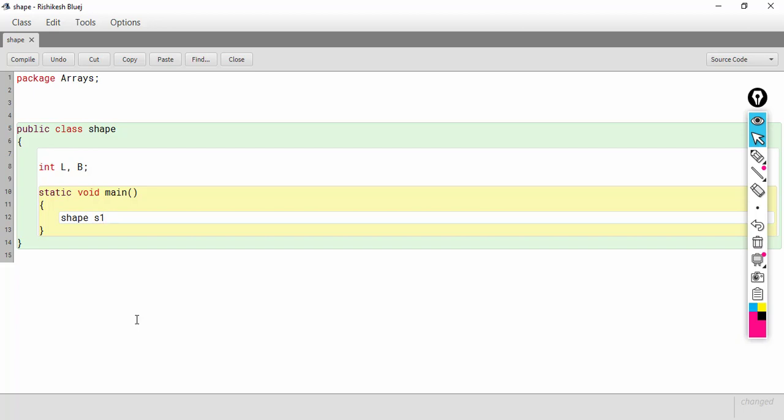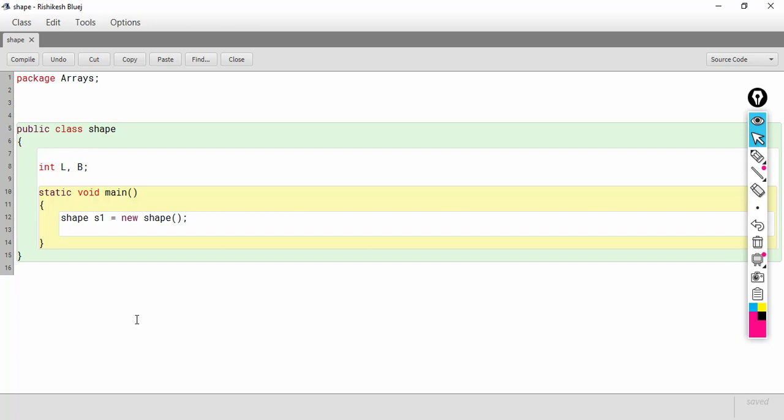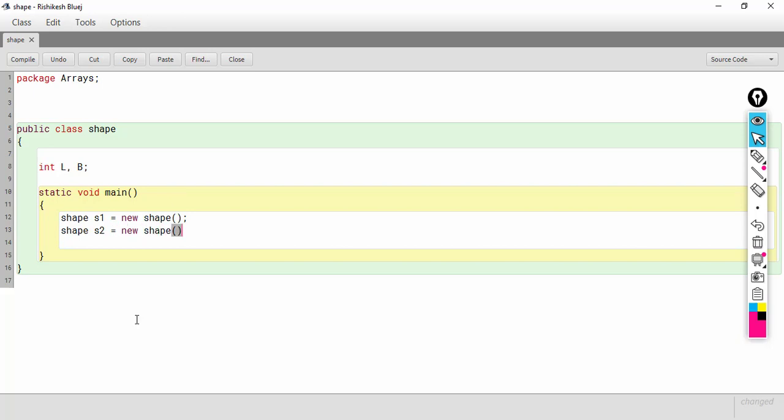Let's call it s1: Shape s1 = new Shape. Let us create one more object: Shape s2 = new Shape. So I have created two objects with the help of the new operator.